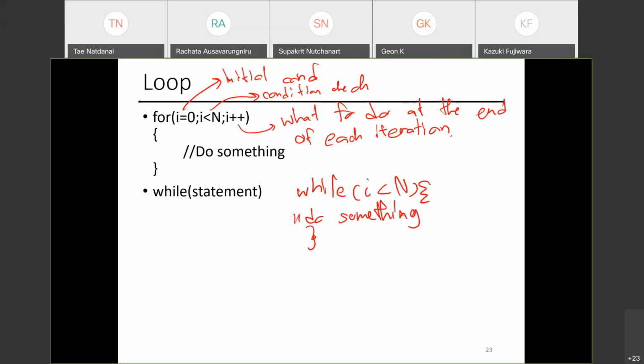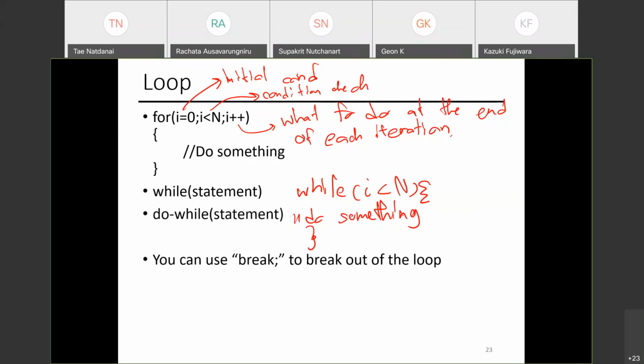Basically, make sure that at some point the condition check will become false so that you exit the loop. Do while is the same as while, but you do the first iteration before you check the condition. You can use the command break to break out of the loop. Break is useful in the sense that if this happens, get out of the loop. It doesn't have to match the end condition, just get out right now.